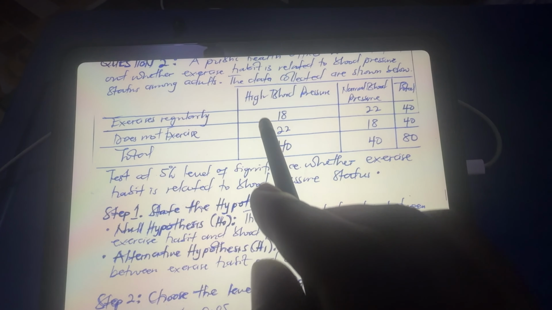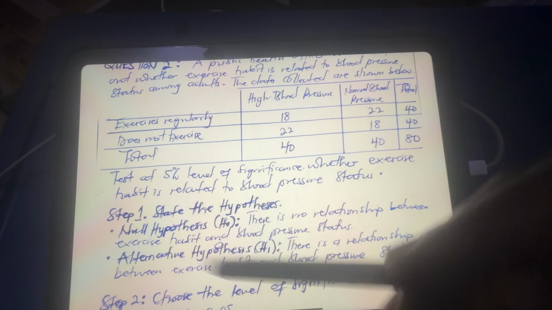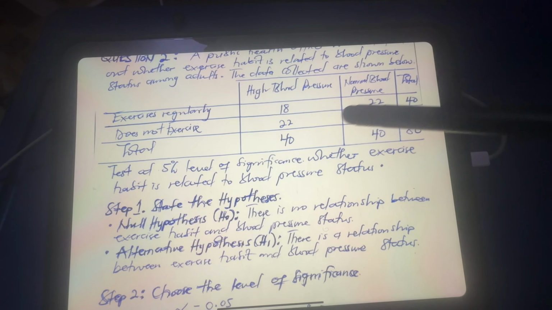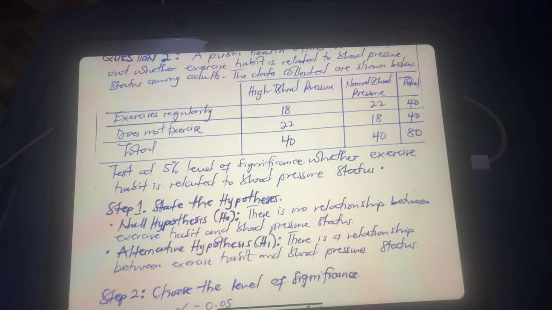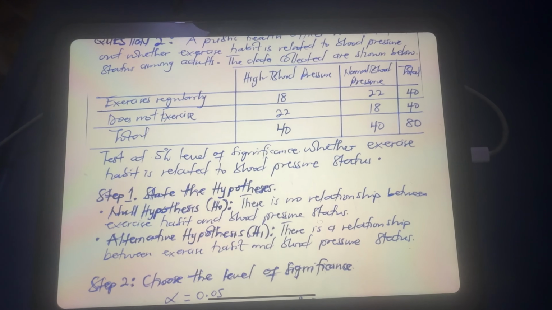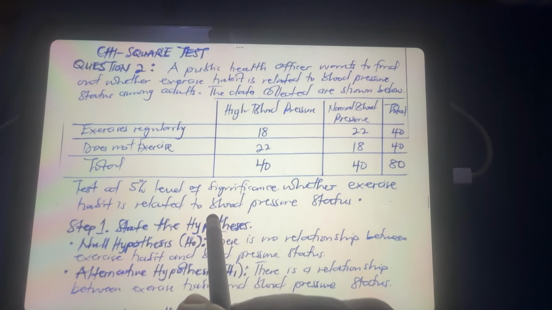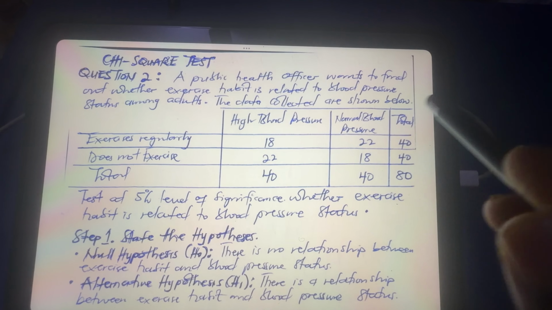Let's assume we were having 3 rows, 1, 2, and another category. Then we would have had 3 rows. And we can have a 3 by 2 table in chi-square test. You can also have a 2 by 3 table. I'll show you all those examples as we move on. Okay, good. So this type of table, we call it a 2 by 2 table in